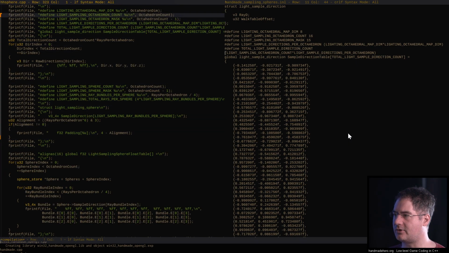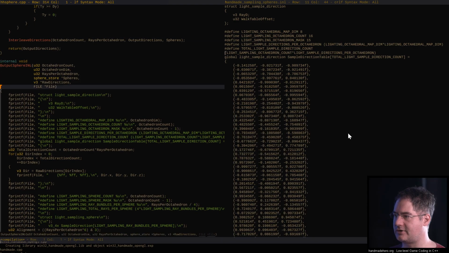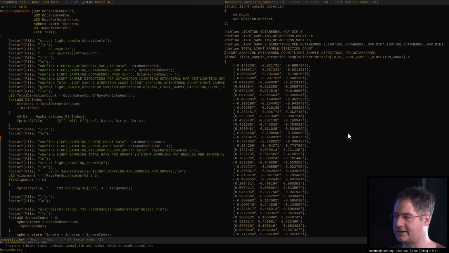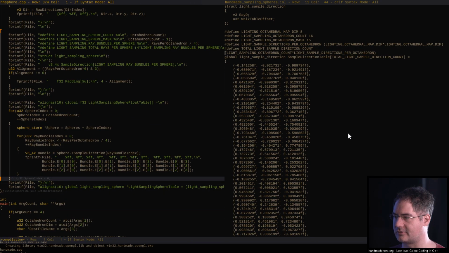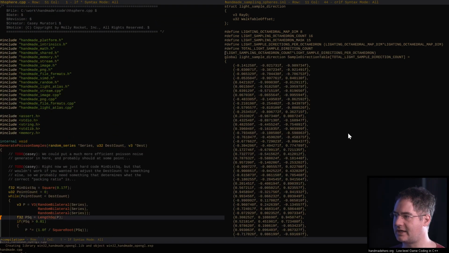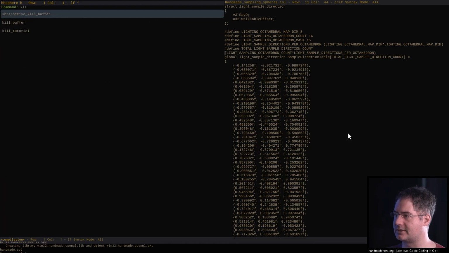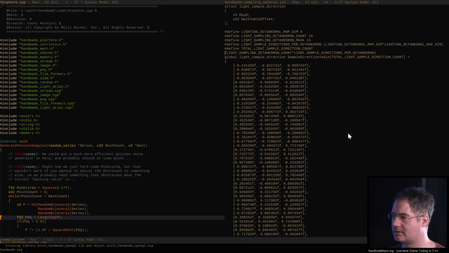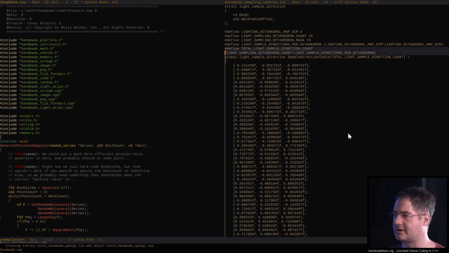So that means we can also delete all this other stuff. This is the only table we're actually using. We don't care about any of these. They're not relevant, so they can all go away. And that means the sample direction bundle thing doesn't have to happen. It's just the raw directions that we need. And if we look at the raw directions, not sure where these are actually defined. Probably